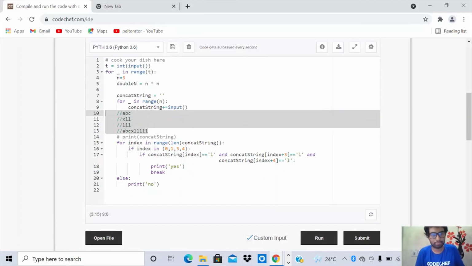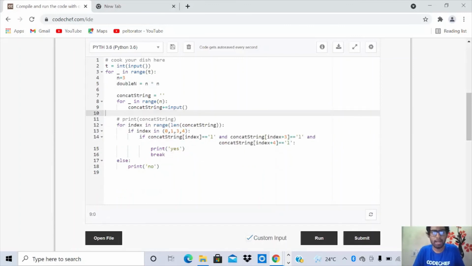It's totally like this. Now after that, I'm processing index by index of my concat string, but I'm only checking those indices that have the potential of an L being formed, with that index being the starting point. So we found out, for example, 4 potential indices. Only for those potential indices, I'm checking if that index equals L, that index plus 3 equals L, and that index plus 4 equals L,